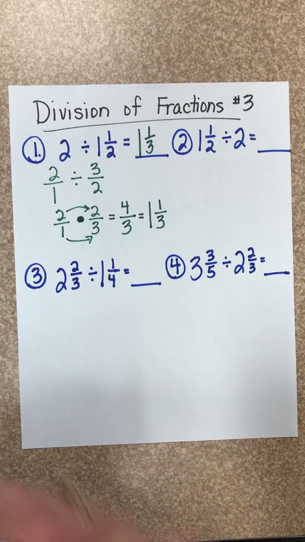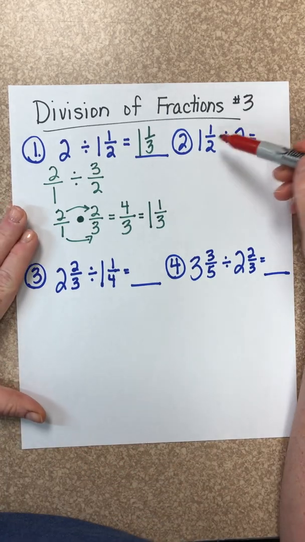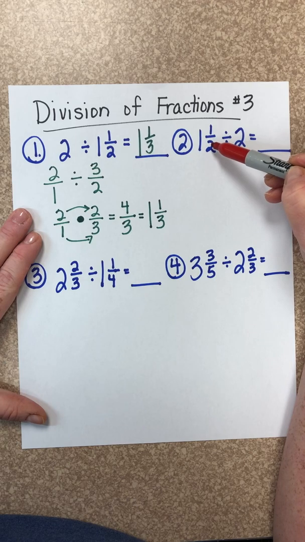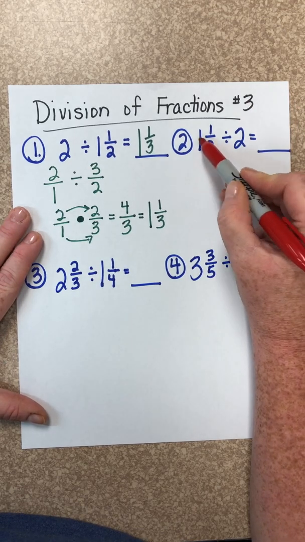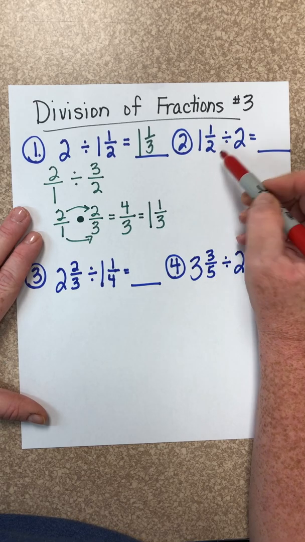Let's look at the second example. I'm going to change colors so we don't get confused. We're going to keep, change, flip, but keep 1 1/2. Well, actually, I need to turn that into a fraction. So 2 times 1 is 2, plus the numerator, which is 1, is 3,